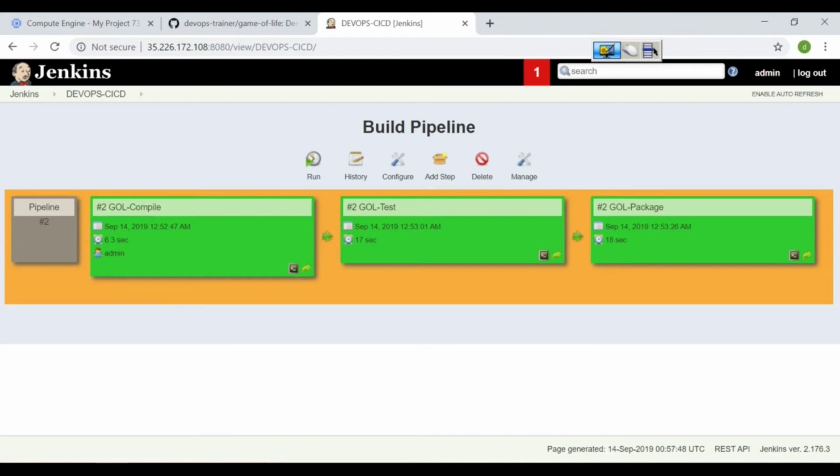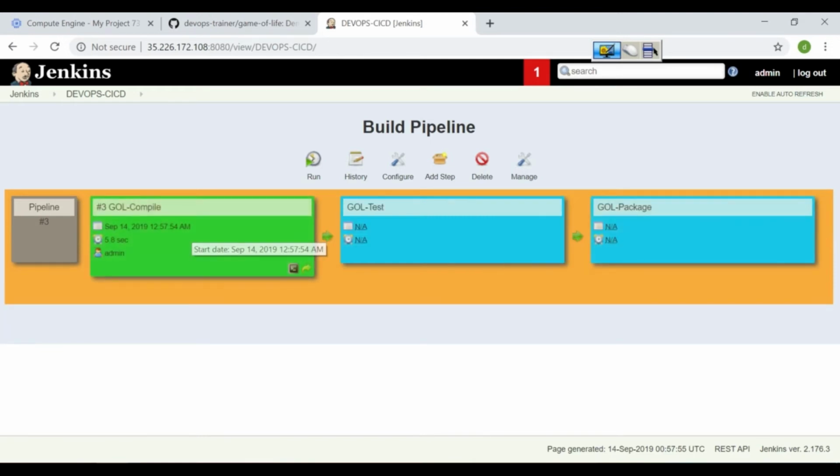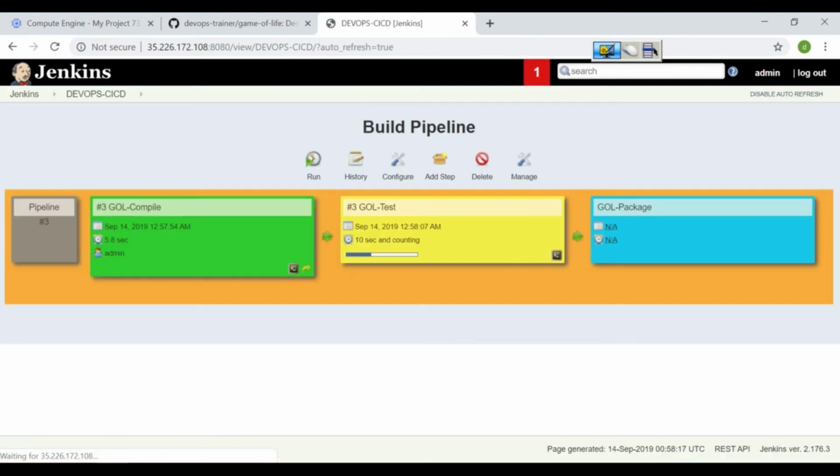So this is the colorful UI you can see for your jobs. If you run the pipeline, you can see the compile job here. It is in yellow color, which shows it is executing, and the blue ones are pending. Once the job is successful, it will turn green and so on. Enable auto refresh on this page so that we can see. The ones in progress are in yellow. So this is the colorful UI of the pipeline we were discussing.